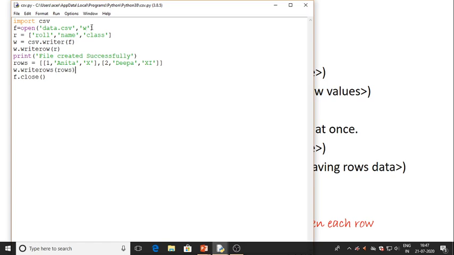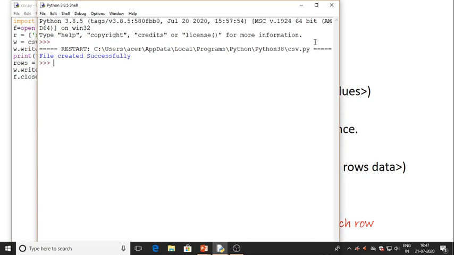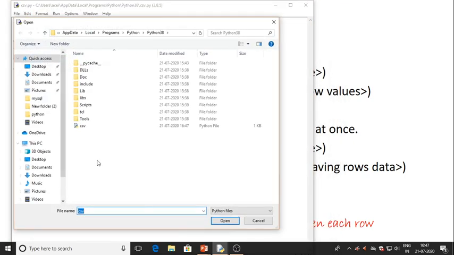While opening the file, I need to initialize one more parameter here, that is newline. और न्यू लाइन को मैंने कर दिया, न्यू लाइन बेसिकली आपका \n होता है, इसको मैंने सेट कर दिया एज ब्लैंक. फाइन. अब मैं इसको एग्जीक्यूट करती हूँ तो फाइल क्रिएटेड सक्सेसफुली एंड आई एम गोइंग टू ओपन इट.